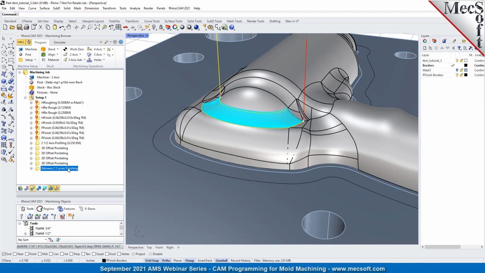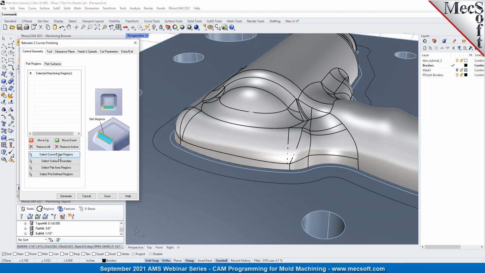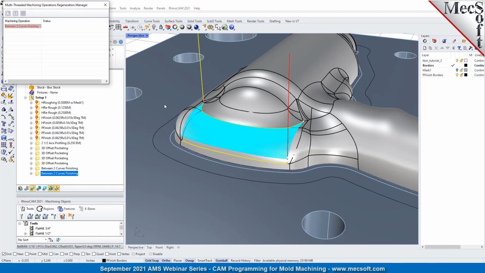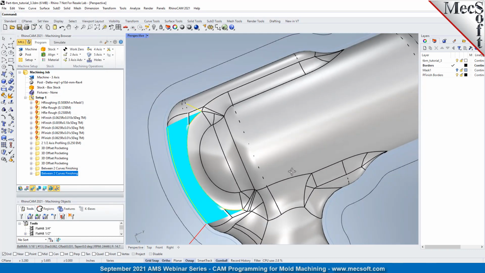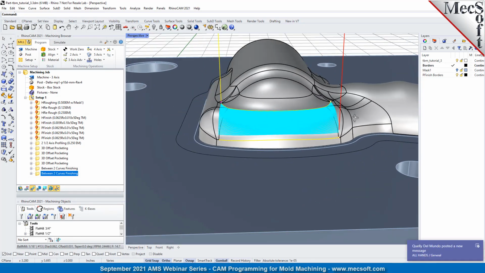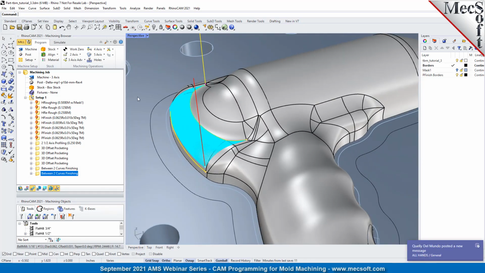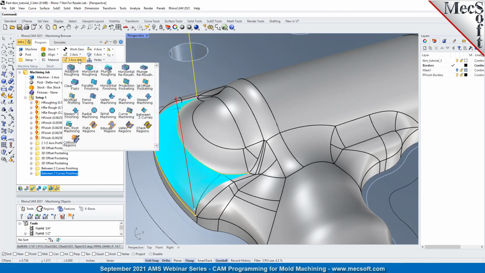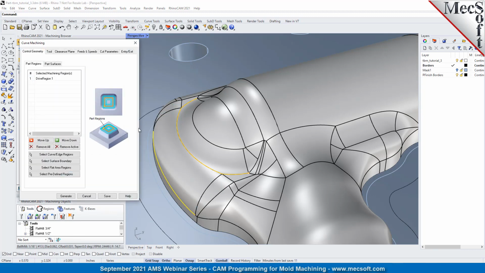So let's do that again. Let's clone that, and this time we'll remove those, and we will use this curve and this curve. We'll generate. So that takes a nice draping surface down across that region. And also let's go ahead and do a curve machining method, and this is an advanced 3-axis method as well. We're going to go to 3-axis Advanced, and we're going to select curve machining. And what this does is it